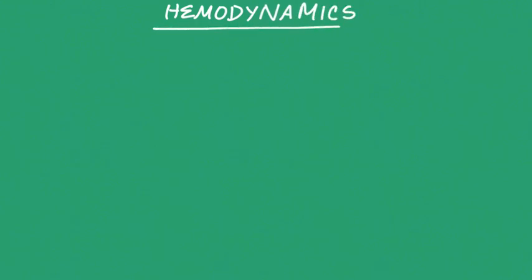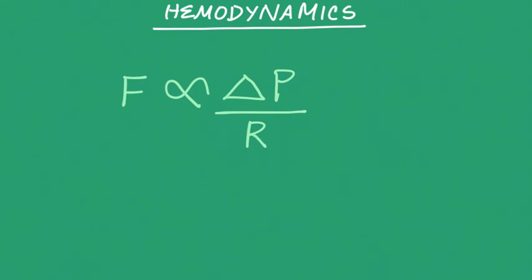We're going to take a look at hemodynamics, which is basically the study of blood flow. Flow is directly proportional to pressure gradient and inversely proportional to resistance. So here's the formula that shows that: F stands for flow, delta P stands for pressure gradient, and R